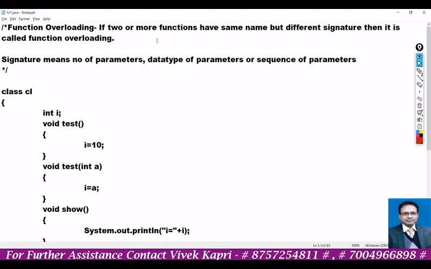What are the criteria? The two functions must have a different number of parameters, or if the number of parameters is the same, then there must be a difference in the data types of these parameters, and if the data types are the same, then there must be a difference in the sequence of these parameters.